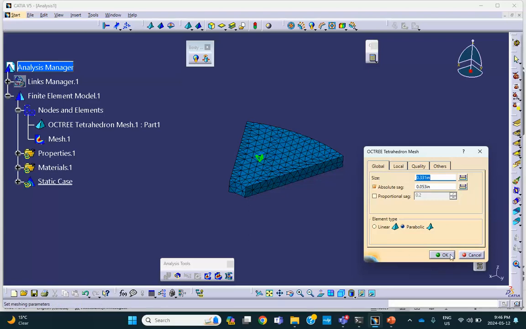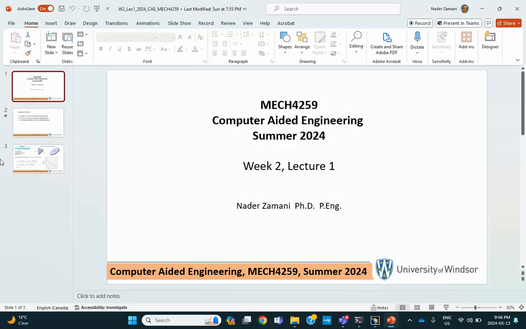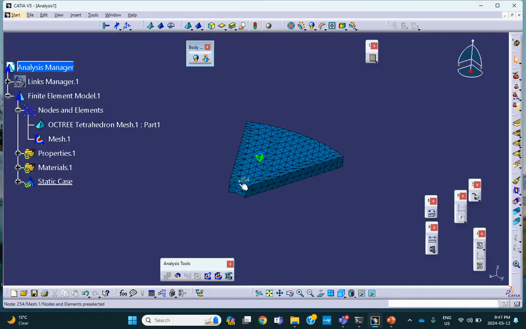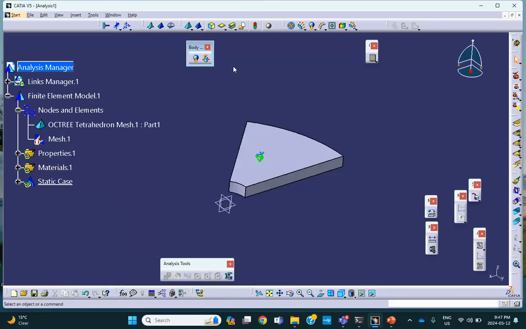So when you think about it, this problem, based on the information that's given here, has a high stress concentration around the inside hole. You can see that the stress shoots to a large value very rapidly. That means you need a finer mesh in this area, and this is the critical area for our problem. Therefore, let me do a mesh refinement here. First, deactivate this so that it's not stopping me from doing the rest of the stuff. Let me remind you that